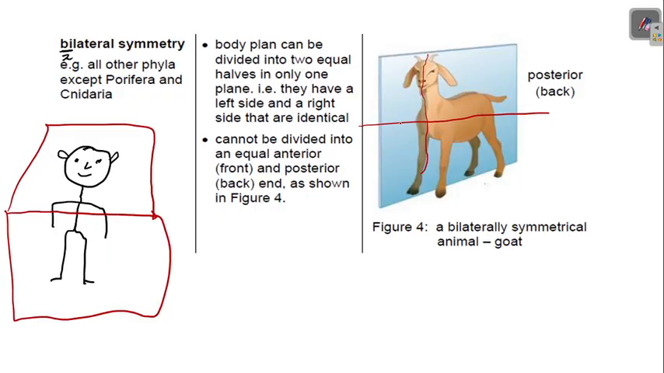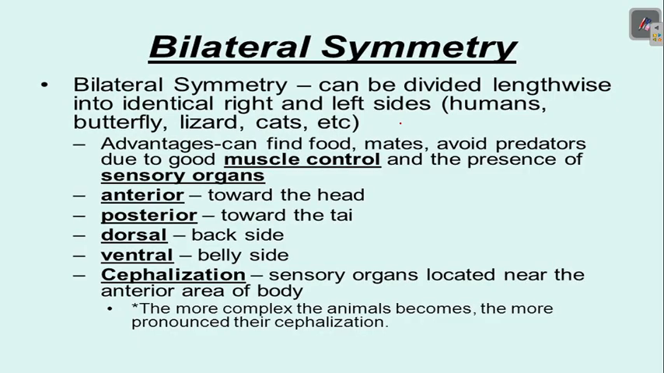Yeah? So now that we know what bilateral symmetry, asymmetry, and radial symmetry are, we must look at their advantages. Why do these organisms have these things? Why are they the way they are? And what are the advantages and disadvantages of them? So bilateral symmetry, for example, humans, butterflies, lizards, cats, etc. Advantages of this, basically, they can find food, mates, and avoid predators because of good muscle control and the presence